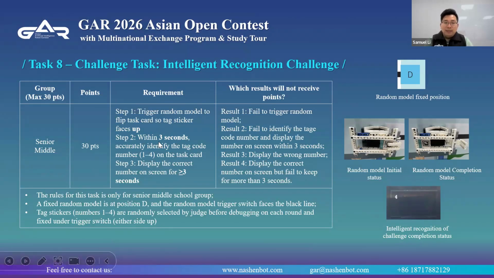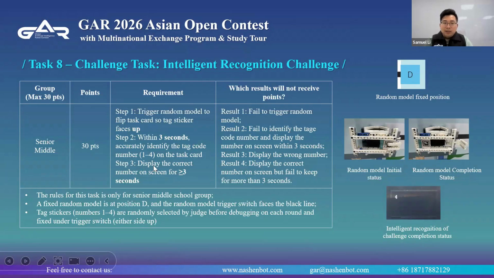Step 2: within 3 seconds, accurately identify the tag code number. The numbers include 1, 2, 3, 4 on the task card. So you must recognize this tag code within 3 seconds.